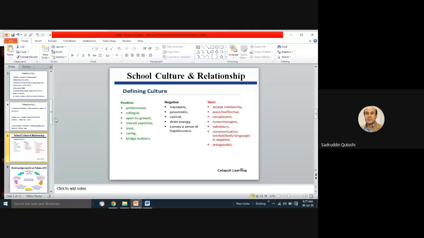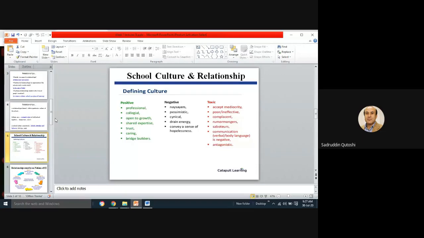So if this situation exists in school, this means that you have very positive relationships. You have a very positive school culture that enables you to develop professionally, that helps you to deal with each other as colleagues,